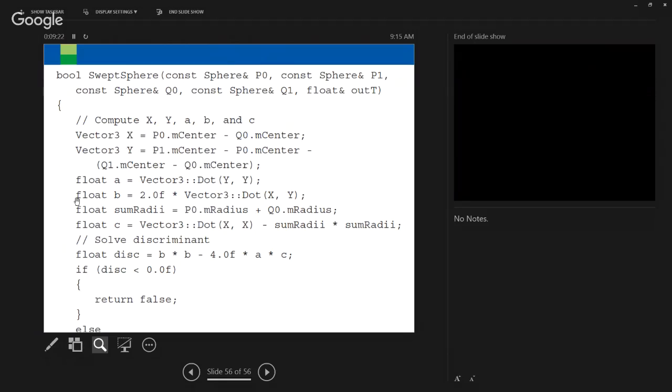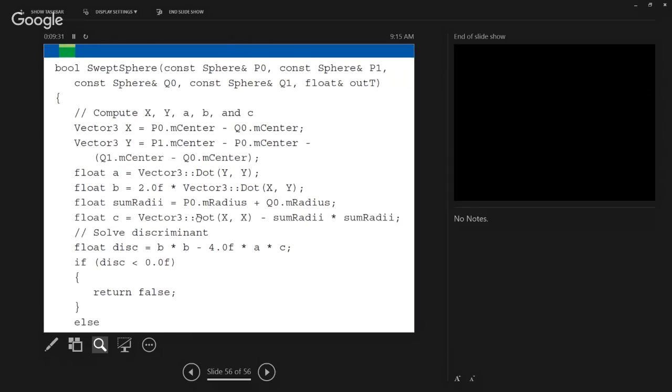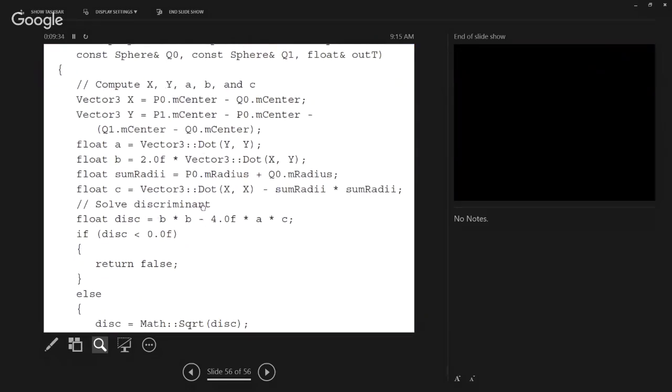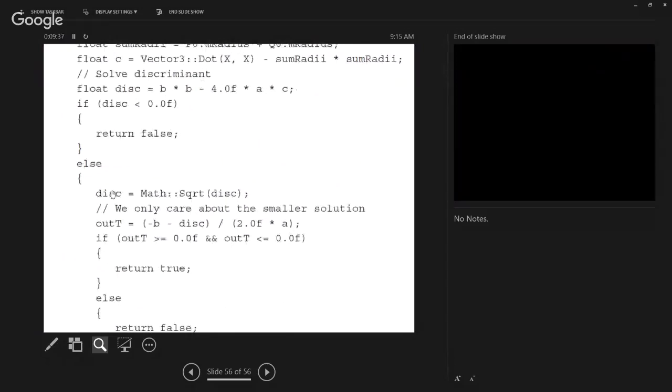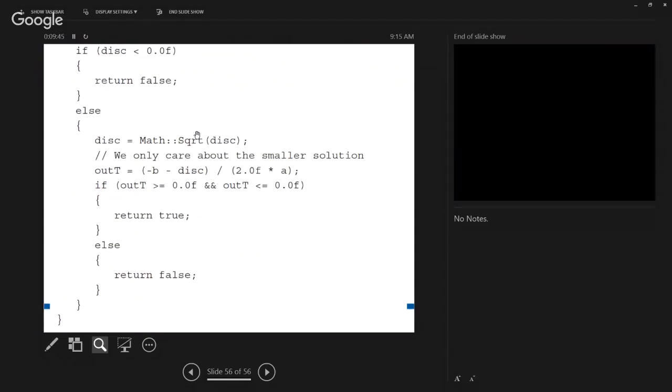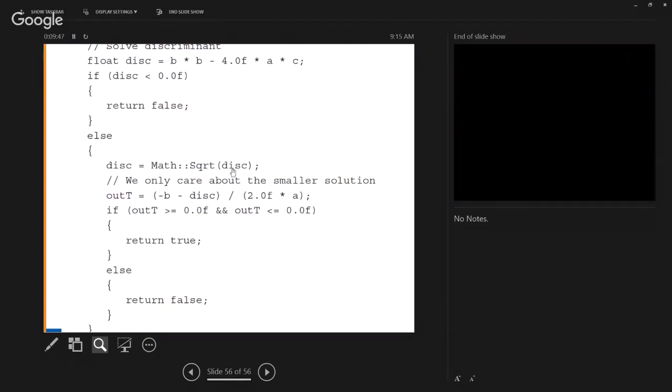So again, what we want to do is find these two swept spheres that connect. If you look at the last ones, this is bad. Take a look at this. The discriminant is using square root. Here we can't get away without using it, and the reason is it's not just convenience. We're trying to find the discriminant, which involves the square root. Once we find the discriminant, we can check to see